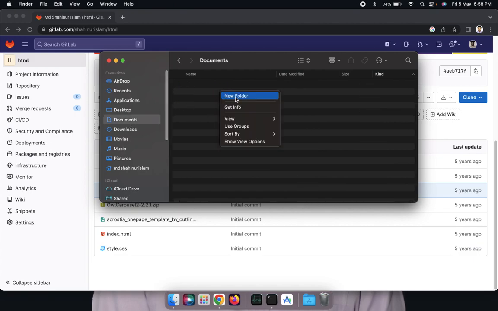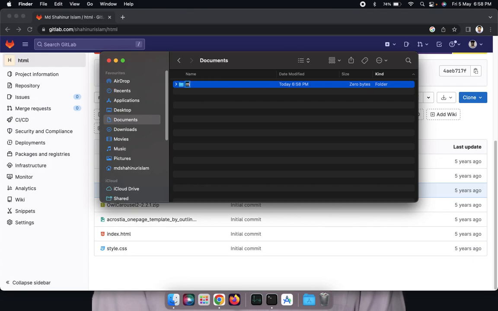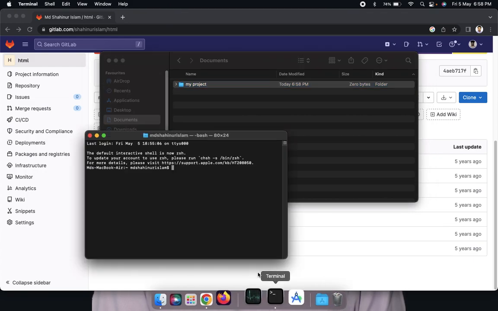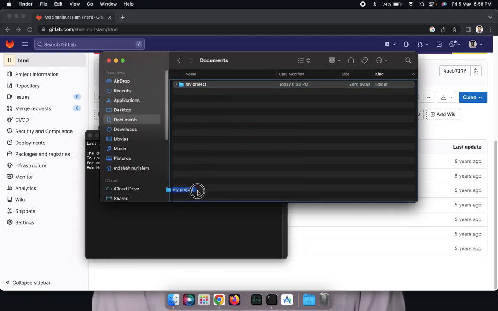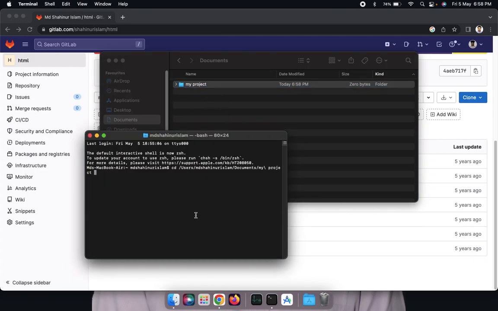Going to my project folder, create a folder, my project, and open terminal. This is a simple way you can do with your Windows PC with the same step. Just enter and